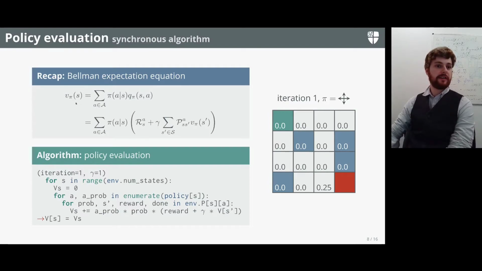So if we look at the Bellman expectation equation, if you remember it from the previous lectures, we evaluate the value for every state for this policy pi, for this random policy. And what it does is it goes through all of the actions. So we've got left, down, right, and up as our possible actions. And we look at the probability of taking an action conditional on being in some state for that policy. So we're just currently looking at this random policy, which means that this is always just going to be 0.25